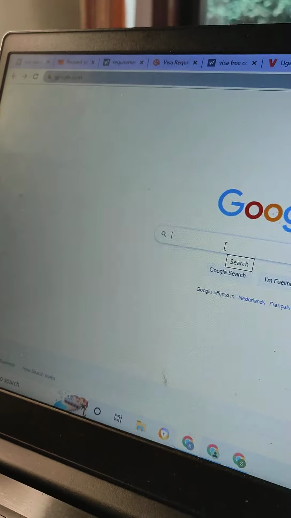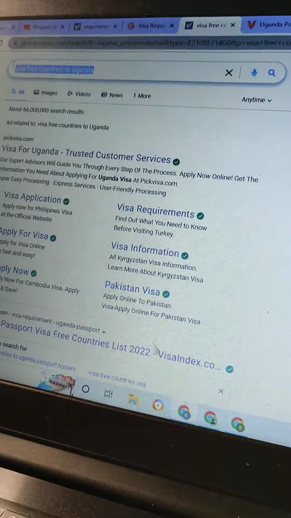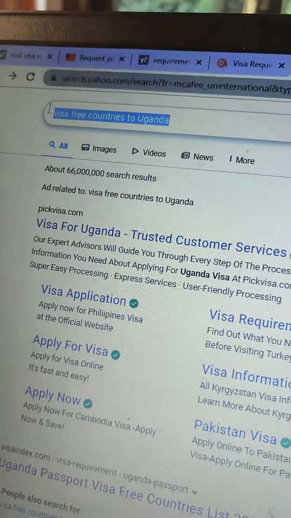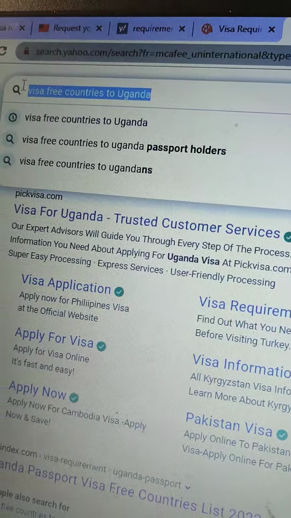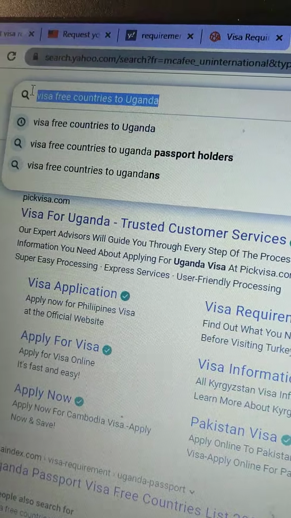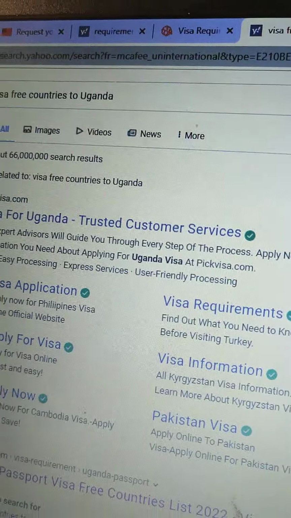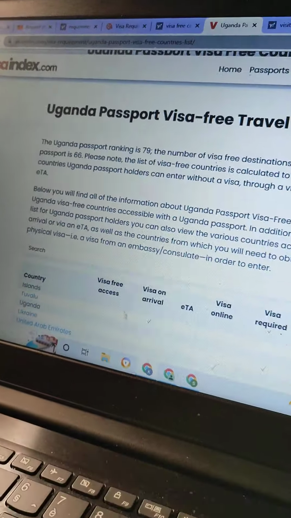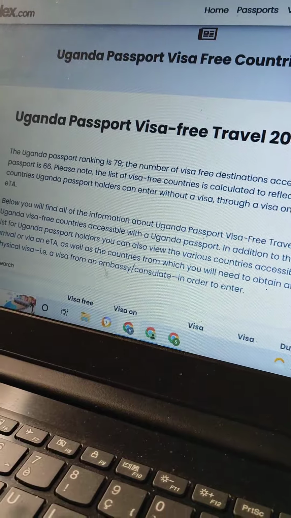So, afterwards, come and put, for example, you see what I wrote? Visa-free countries in Uganda. I'm trying to search visa-free countries in Uganda. Does the country I want to visit need me to have a visa or not? Because, ladies and gentlemen, there are countries that, if you are from, for example, Uganda, if you are Ugandan, you can enter without visas.